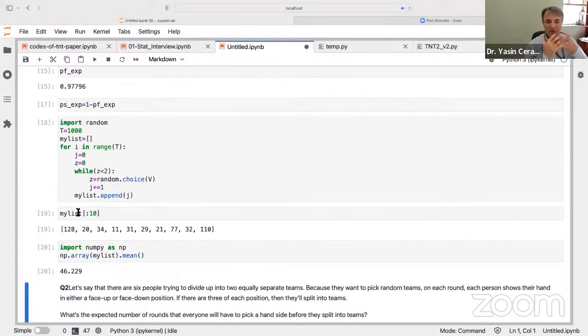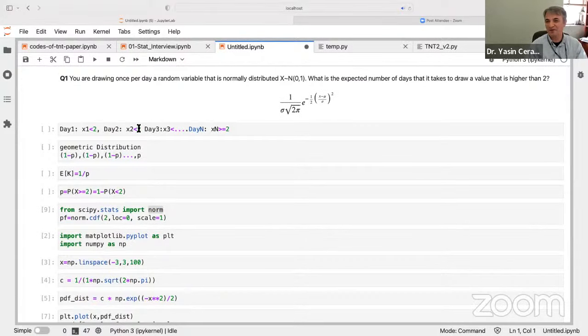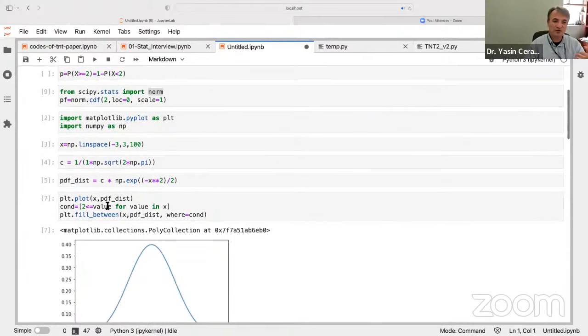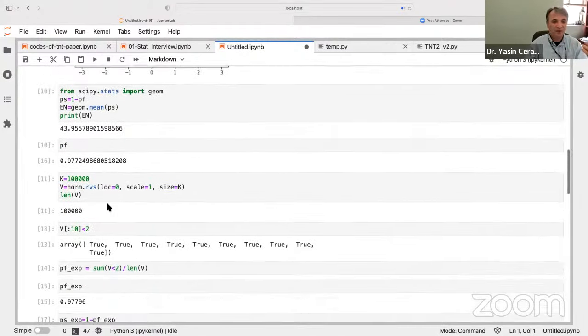The question was very simple. We first formulated the question, for the reviewer or the interviewer, and made sure for ourselves that we understood the question correctly. First, we proposed to solve the question in mathematical format. Second, we proposed to solve it using code, using SciPy. Third, we proposed to solve it using a simulation. We got the same answer for all 3 cases. Let me see if you have any questions.